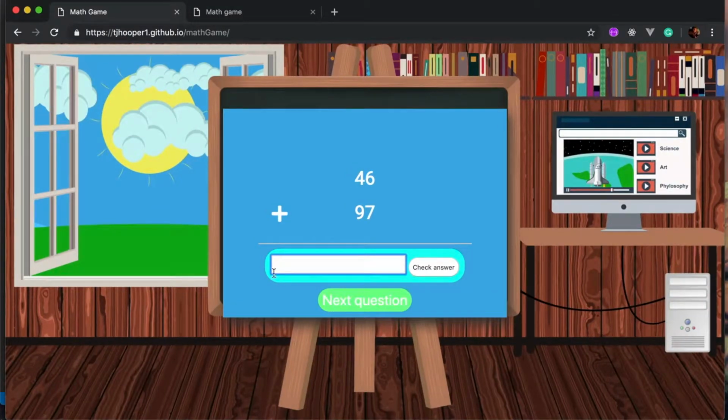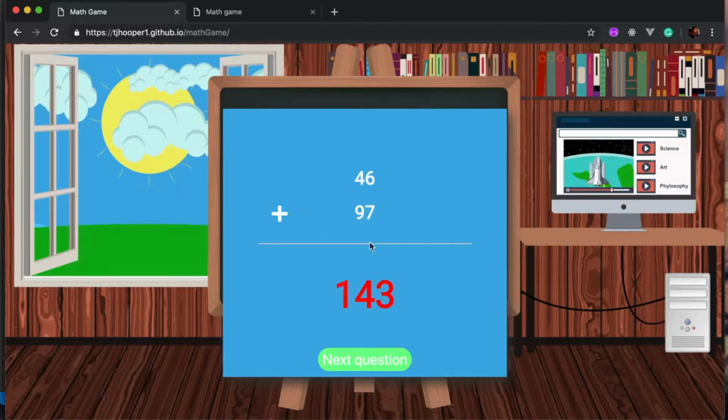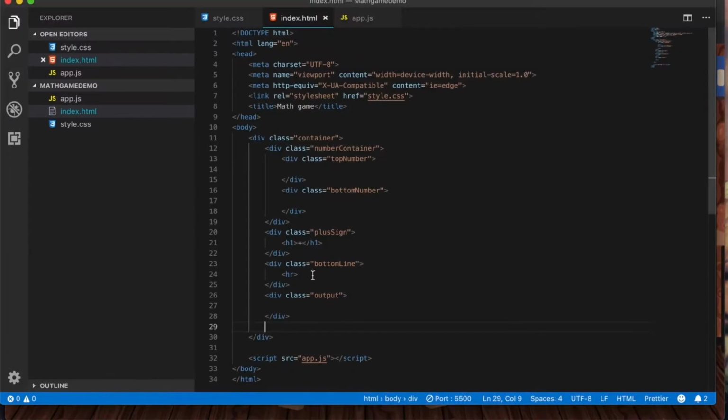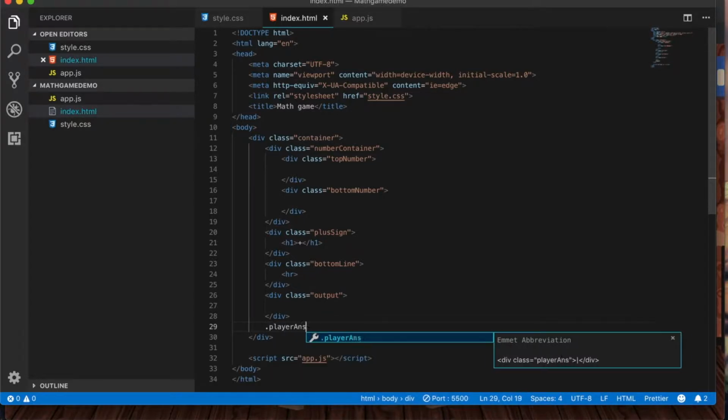I'm going to have these buttons and input fields so that when you answer, it's going to be either shown or not shown, and it's all going to be based off of how you're making these, the styles that get attached, based off of what state your application's in. So below output, I'm going to have a div that I'm going to call player answer,